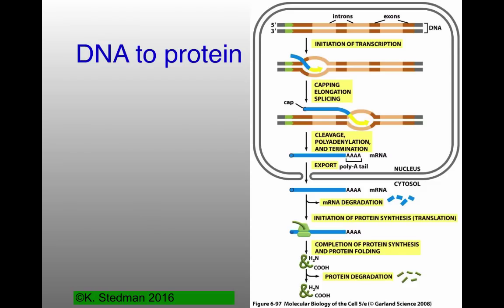Most of the time, we talked about this sort of central dogma of biology, certainly in terms of cellular biology, where we start with the DNA and eventually end up with an active protein down here at the bottom, and how each of these steps happen, and particularly how they're regulated, is really what this part of the course has been about.